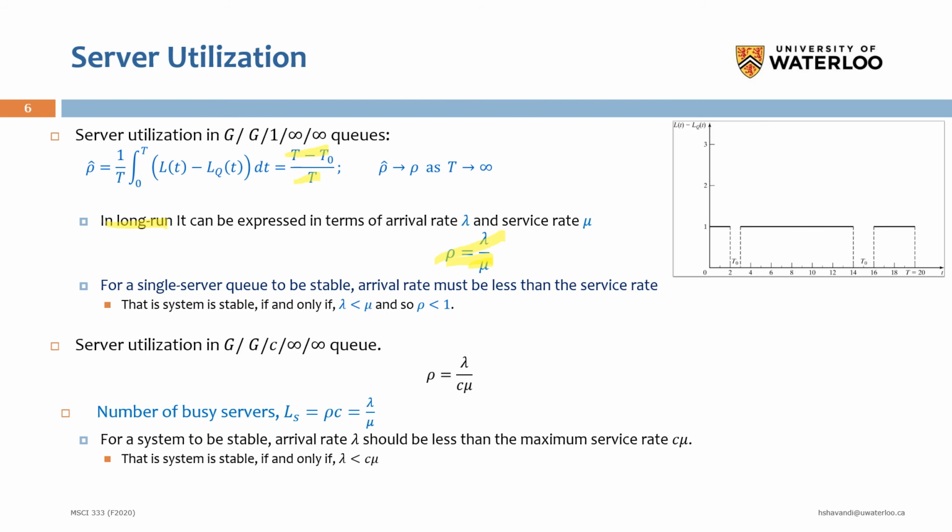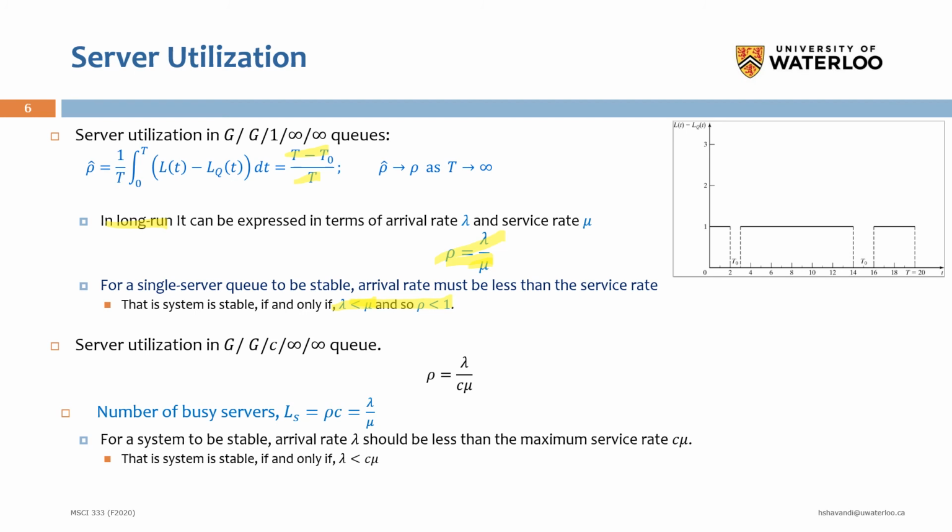Okay, so in order to have a stable service system, we need to have this condition: lambda should be less than mu, or rho should be less than 1. This is necessary to have a stable system, because if lambda is greater than mu, the length of the waiting line will approach infinity in the long term,